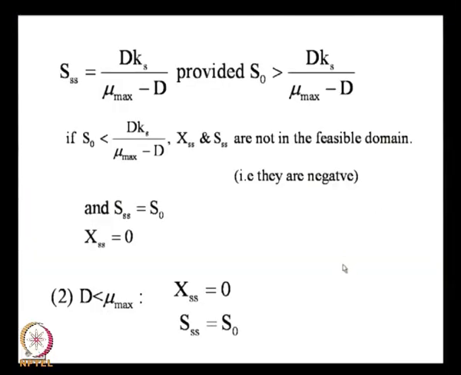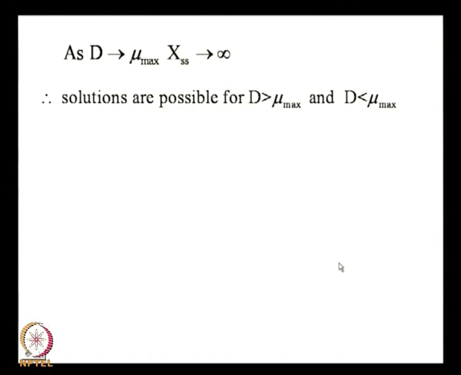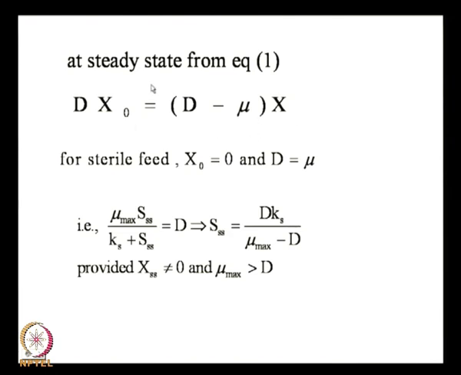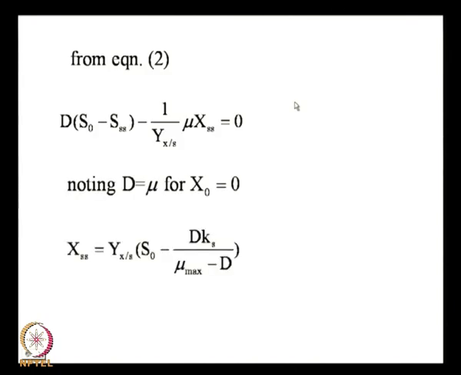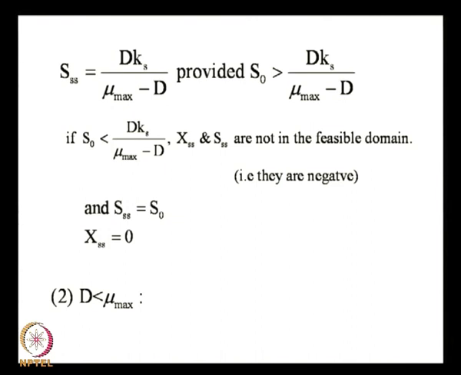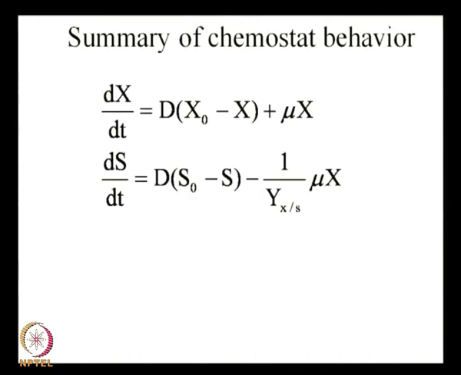Why am I going through this? Because one of the things you kind of forget, let us go back and show you this equation here, for example. For a system like this, you very calmly write the one single solution that is possible, but when you are doing a mathematical analysis, you have to take into account all kinds of solutions. One of the solutions is a trivial solution, and the trivial solution, as you will see a little later, maybe in the next lecture, is important also. So, we are trying to look at the entire space composed of all different kinds of solutions. The first one we discussed is a non-trivial solution, the second one is a trivial solution, and this is a summary of the